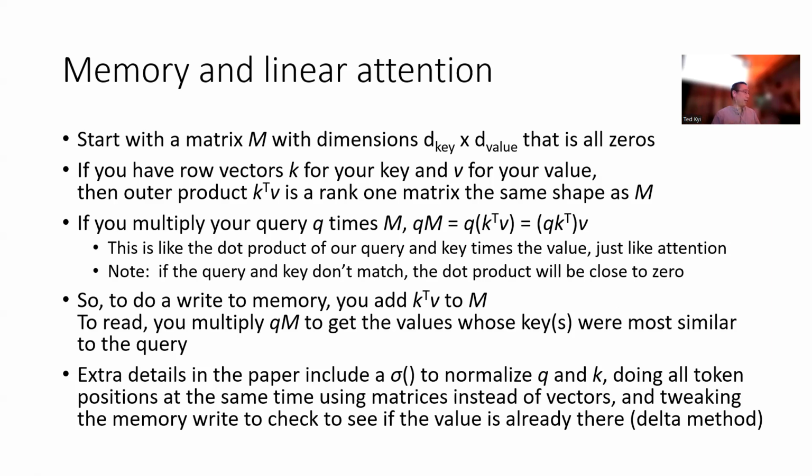If I take the outer product of my key and my value vector. So the inner product would result in a scalar, okay? If I take the outer product, I'm going to get a rank 1 matrix. So in this case, we have row vectors, so it's K transpose V in the paper. So what happens if we take our query and we multiply it by this quantity, okay? By associativity, query times K transpose V is the same thing if I move the parentheses as query times key times value, okay? And so what this ends up being then is the dot product of query and key